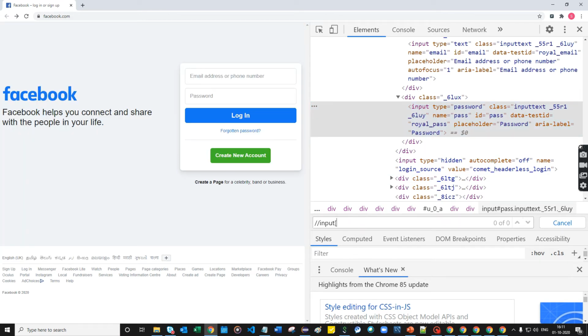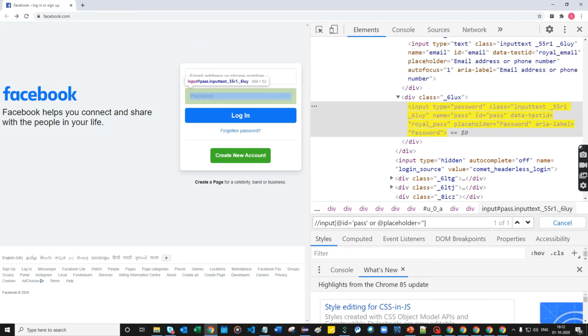So here bracket, then the at symbol, ID attribute equal to single quotes. Inside single quotes we have to give the attribute value. Then I'm going to give the OR condition. Then I'm going to give another attribute, placeholder equal to double quotes.